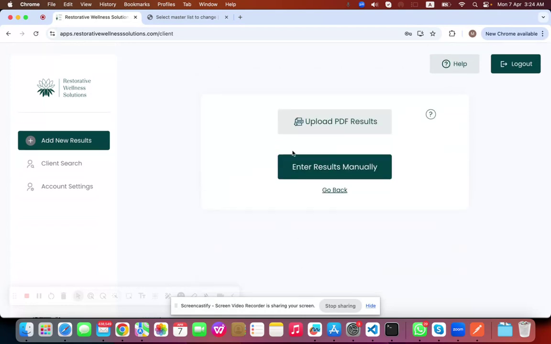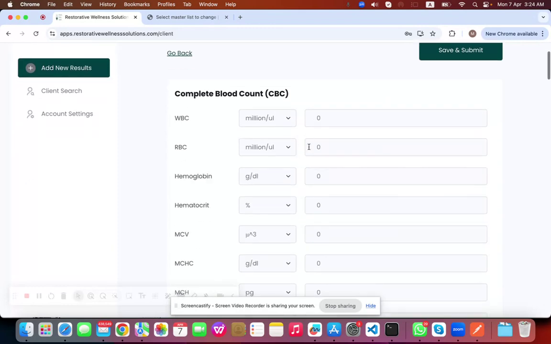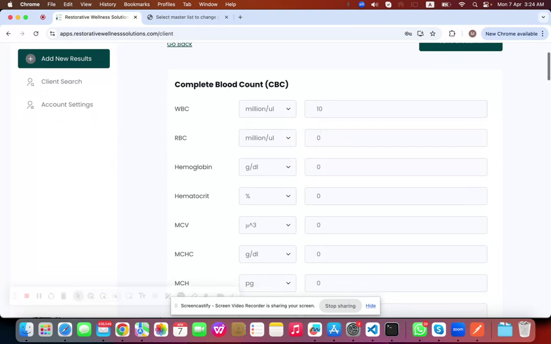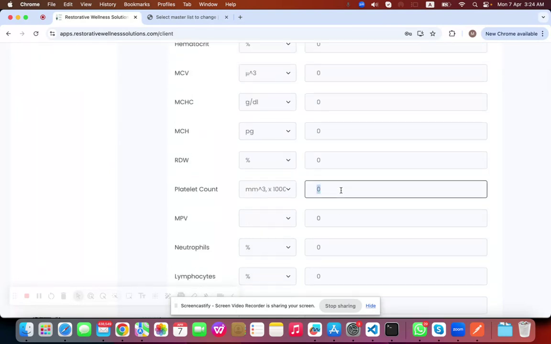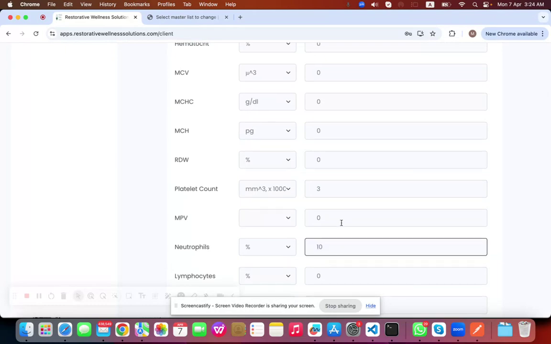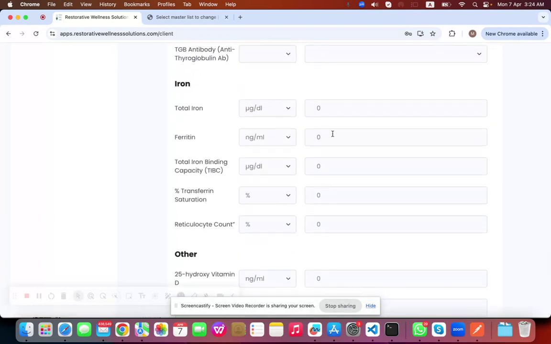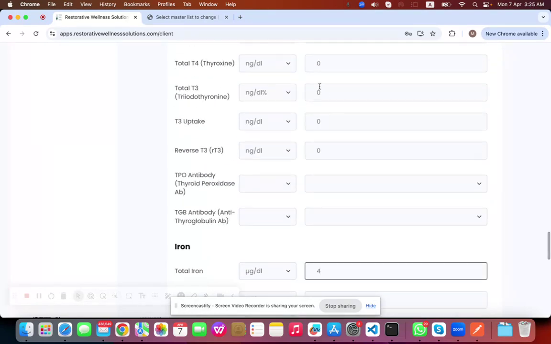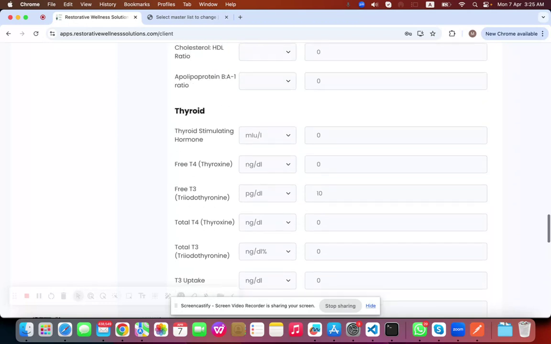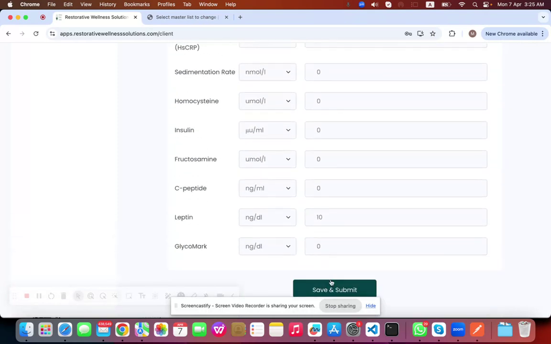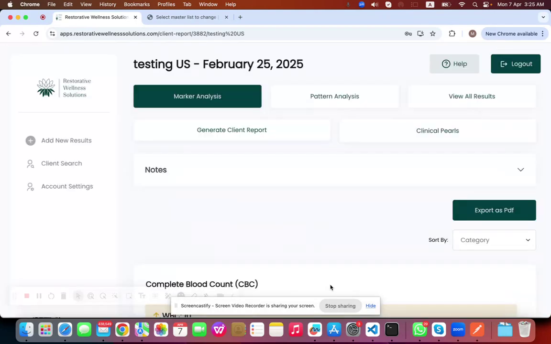there are two options. Either I can upload the PDF, so the application can extract the results from the PDF, or I can enter it manually as well. For example, I can add here the values for the specific user, and these are all the tests. For example, total iron, let's say 5, F3, let's say 10, thyroid I would say 20. Then after clicking on save and submit,